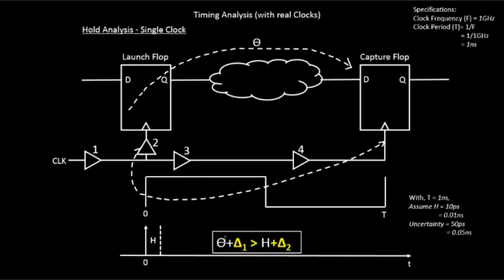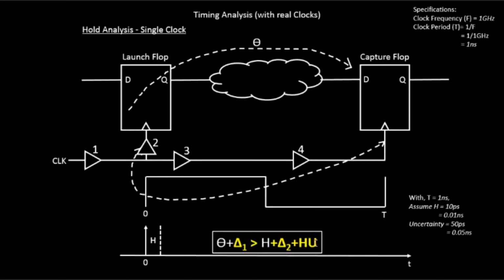By pessimistic I mean that the initial case was that the combinational delay should be greater than the hold time h if the skew, which is delta 1 minus delta 2, is exactly equal to 0. If the skew is exactly equal to 0, we say that the combinational delay should be greater than the processing time of the capture flop. In presence of uncertainty, what we say is the combinational delay should be greater than the processing time of the capture flop plus some amount of uncertainty that will be because of the on-chip variation and the phenomena that we just explained, delta 1 plus or minus 50 picoseconds, that is called the clock jitter.